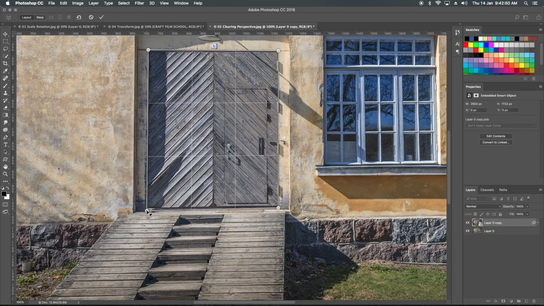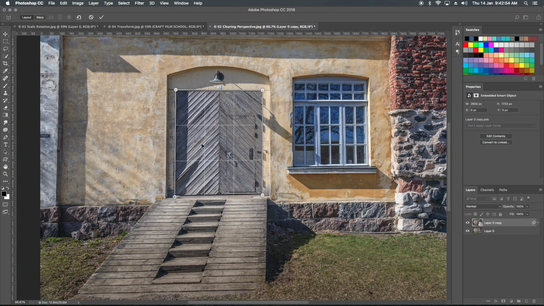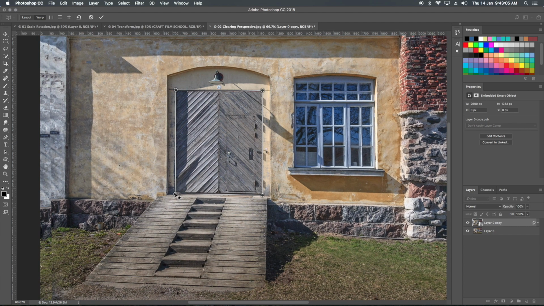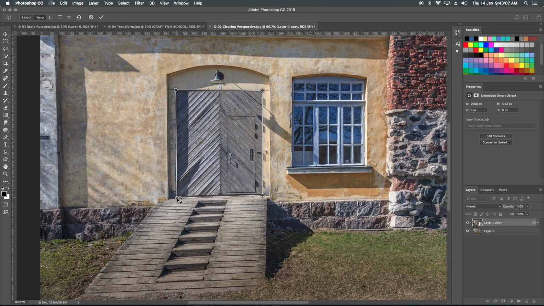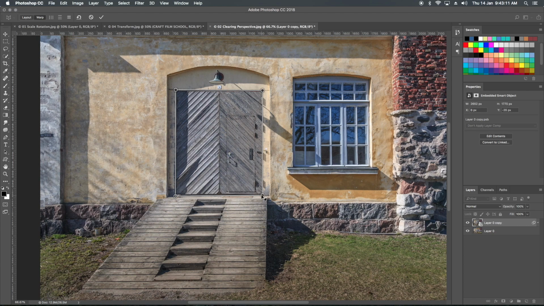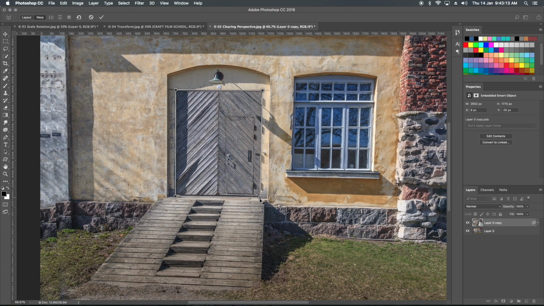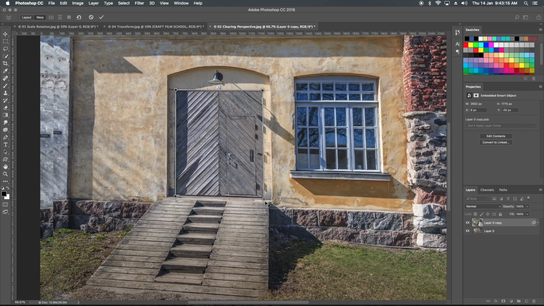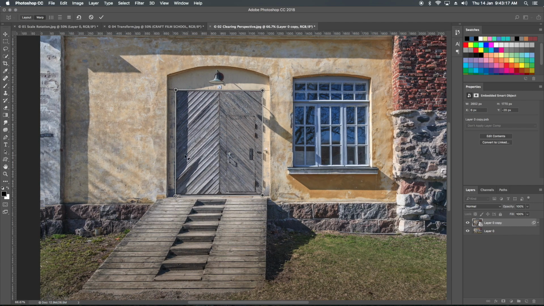Let's take this one here. Okay, so now if I go to warp, close this one. Now if I change the movements, you can see we can change the perspective of the image. So we can adjust all of these as per our requirement.